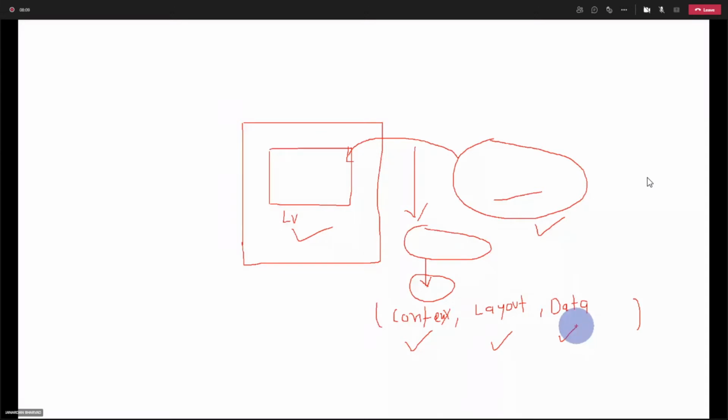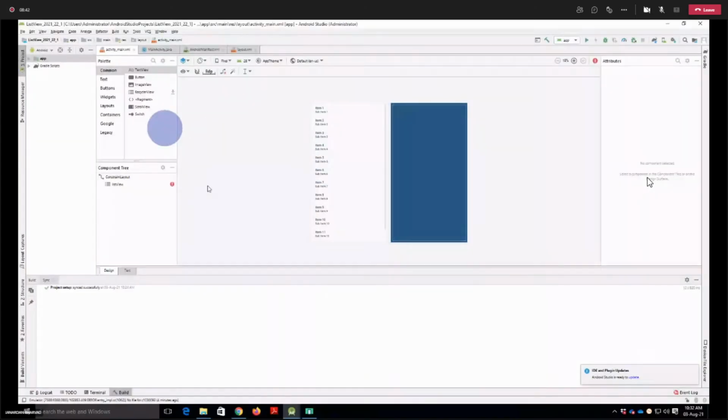Okay? And the layout you can give in two ways. Either by creating a separate file, ठीक है, आप अलग से एक फाइल बना दो and that you can give here, or you can take some built-in layout. Android has some built-in layouts that you can directly use. Either create a separate layout file or use the built-in layout file. Okay, both ways are fine. So we will see both ways. But for now, let's go for the new project.